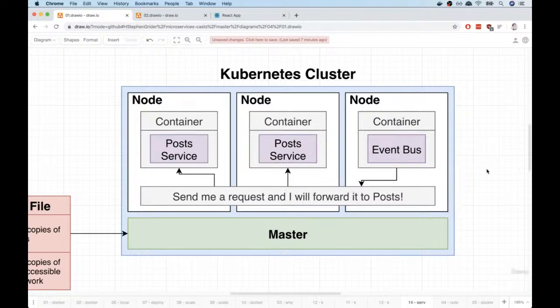Okay, so that's just a very brief introduction to Kubernetes and why we care about it in the world of microservices. So we're going to take a pause right here and then start to discuss